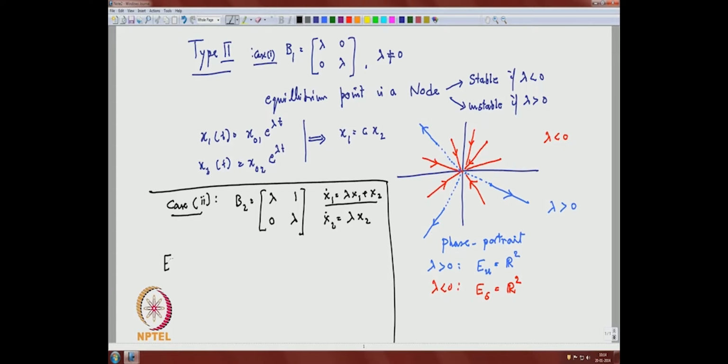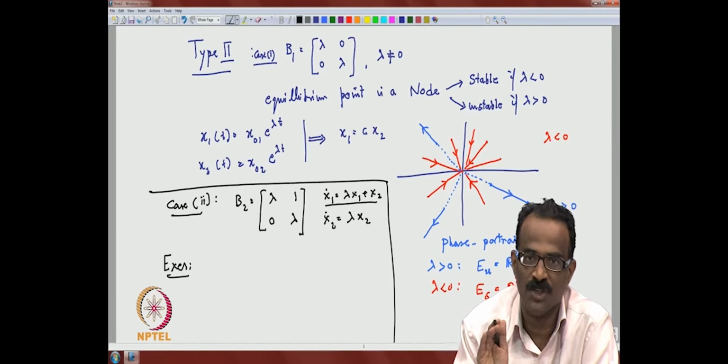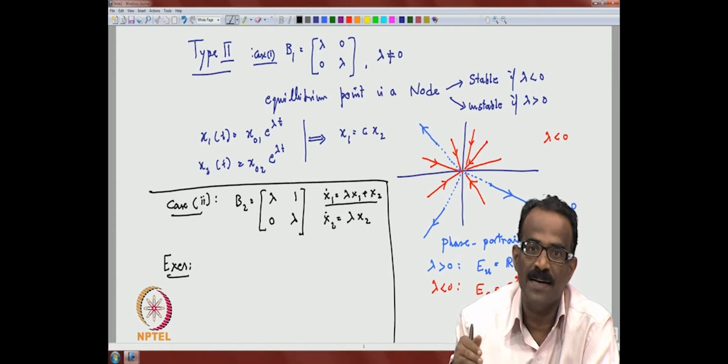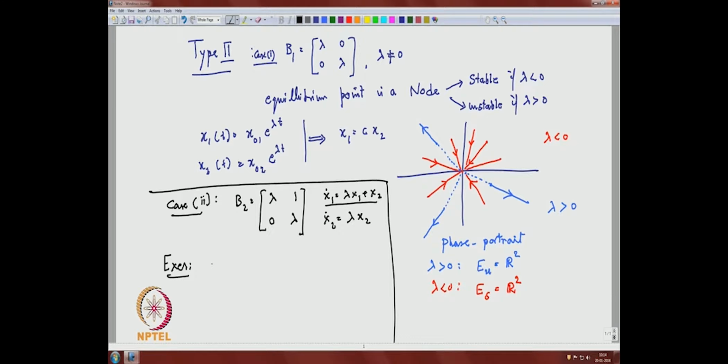So, here is an exercise for you to compute now. This is an exercise, one should do it immediately. For a diagonal matrix you already know that if the diagonal entries are lambda 1 through lambda n, the exponential has diagonal entries e power lambda. But how does it look for B2? That is the exercise. You compute your B2 square, B2 cube etc. and then you compute e power B2. This computation is easy. We are doing this because the computation is not easy for a general matrix, and also it does not reveal the trajectory.